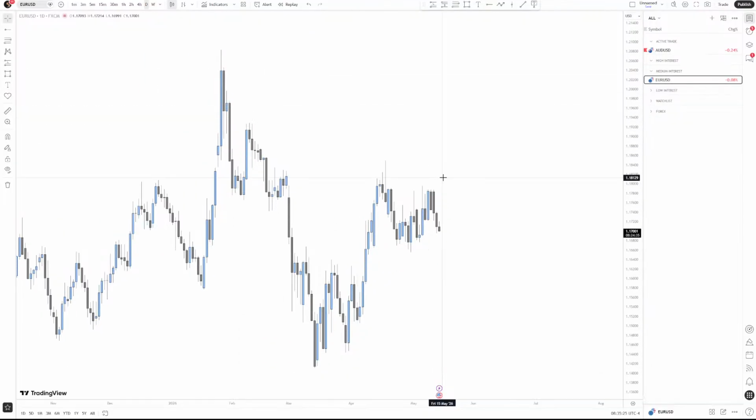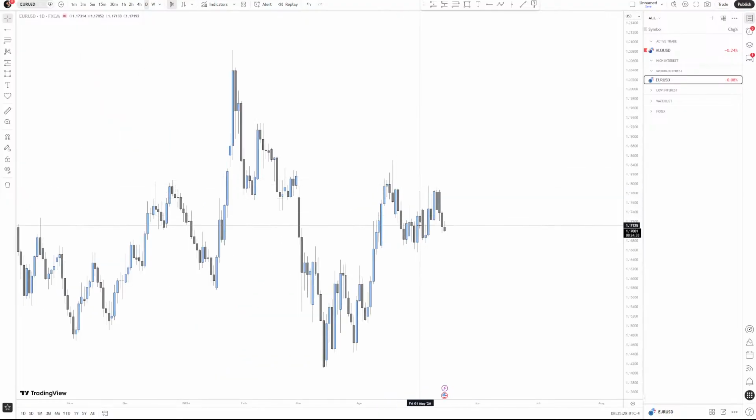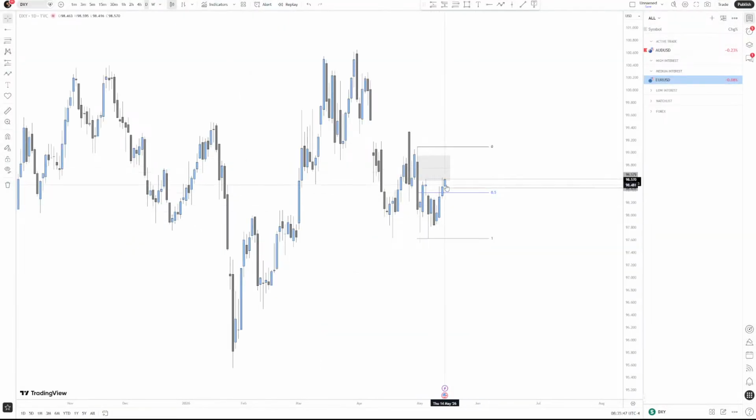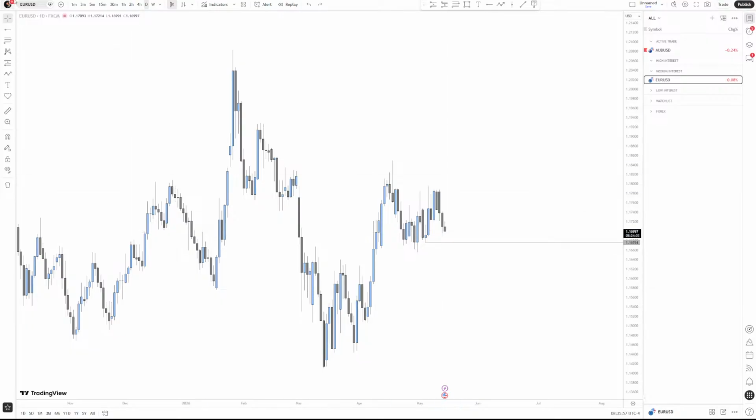Just first get rid of this. We have Euro USD, which has been bearish. We've taken out 1, 2, 3, all these lows here. We have this swing low right here. Resting below this swing low is liquidity, which I think is the target for the price. So short-term bearish. We go back to DXY. DXY is short-term bullish, so we're actually against, for the dollar, against every other pair. So we're against euro, that is a sell because we're for USD.